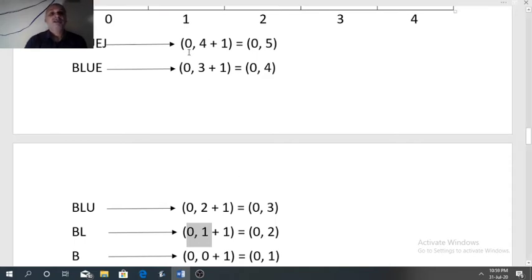After writing these two indexes, we have to add 1 to the last index in every row, and after adding you will get the final ordered pairs 0, 5, 0, 4, 0, 3, 0, 2 and 0, 1.